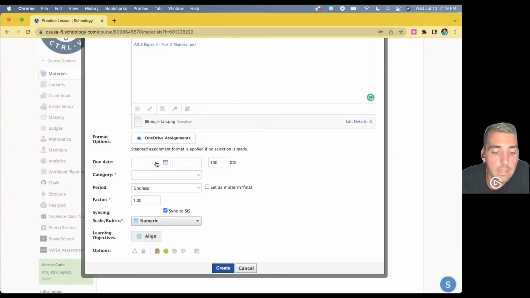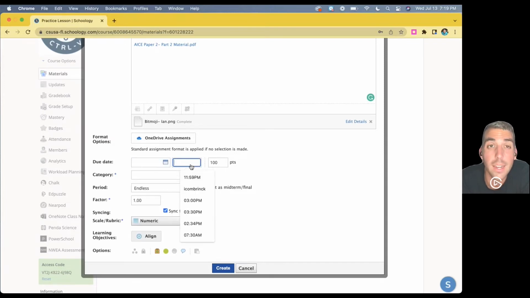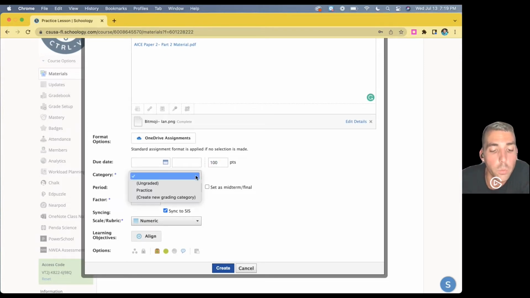And then below is the easy stuff. It's your due dates to make sure you set the due dates. Always make sure you set a time for things to be due, just to make sure that there's a specific end time. You set your point value. Below point value is where you will set up